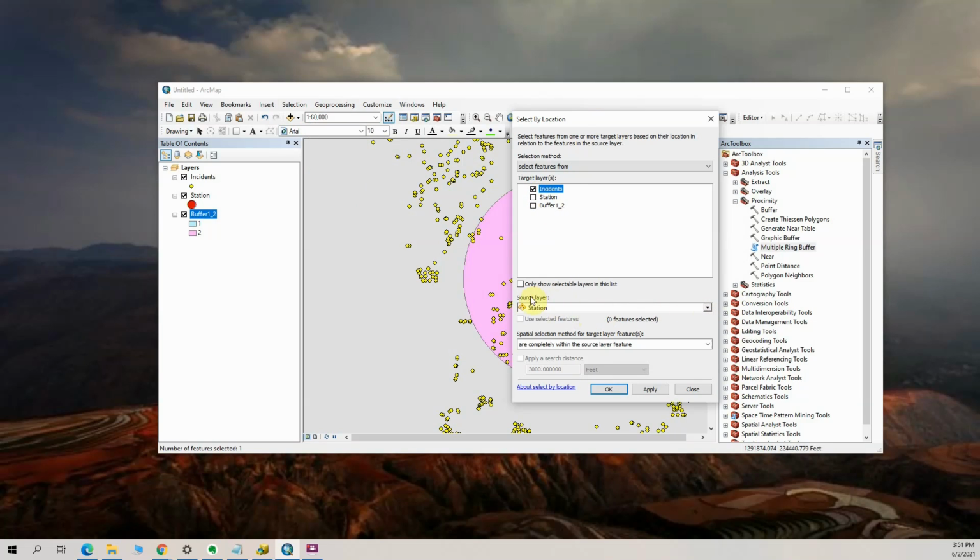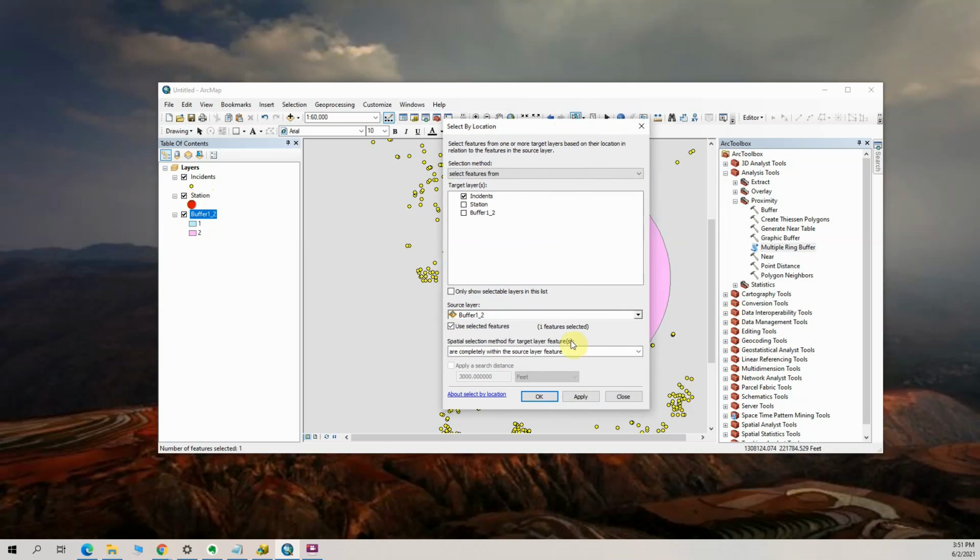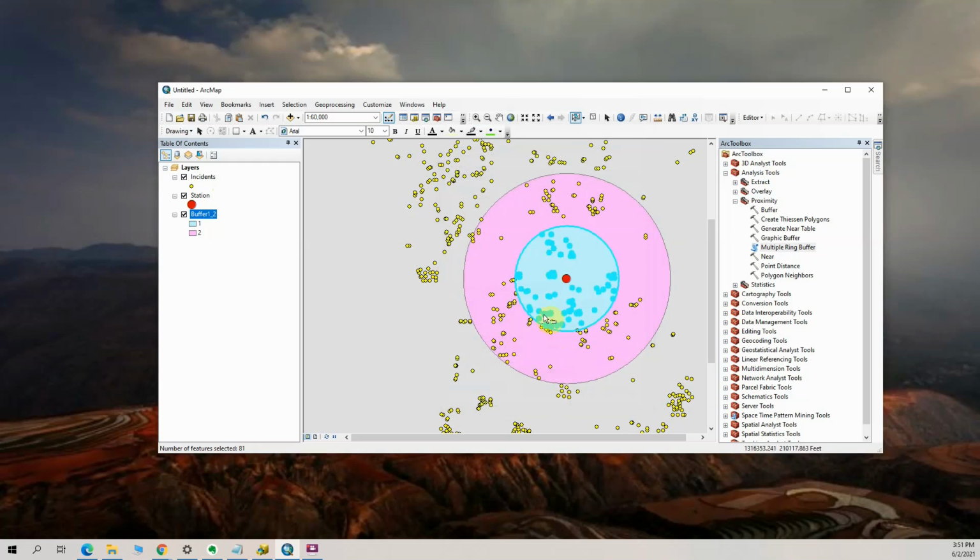And of course the source layer is our station. No, the source layer is our buffer, and we make sure to use the selected feature, and then click OK, and this is going to give you the number. It's going to select all the incidents that happened within a mile